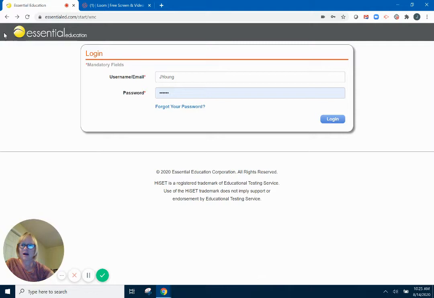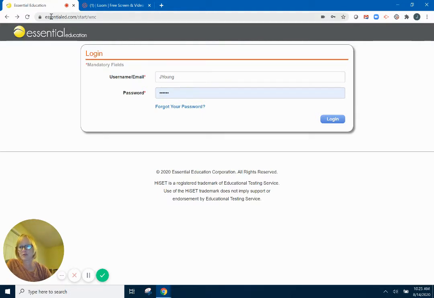So when using Essential Education, it is really important that you log into the correct platform. This particular company has many platforms. And so when you log in, it will look just like the screen you see, but your credentials won't work. If that happens, the best thing to do is back all the way out of the program,